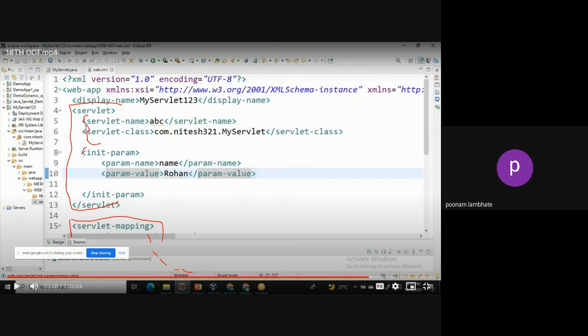Along with that, you have another tag, which means you can say this is nesting of tags. In this tag, it is now not context param, but init param. And here also you have name and value. The only difference between the two is this data, this name, using which you can access its value Rohan,